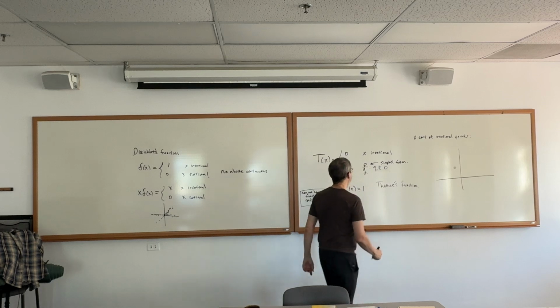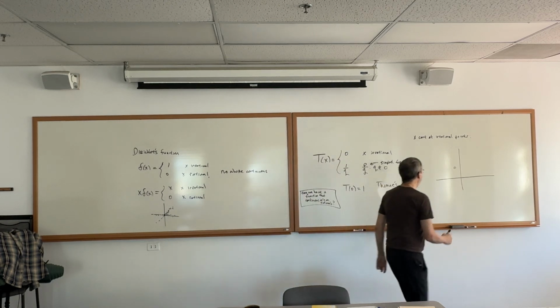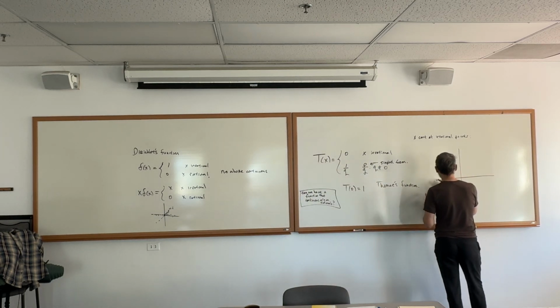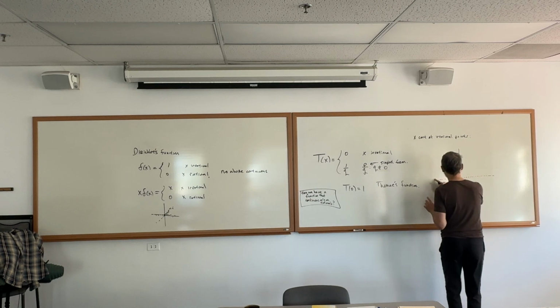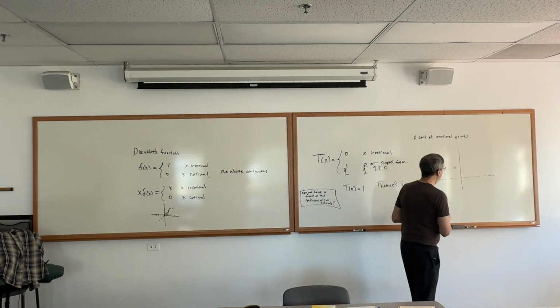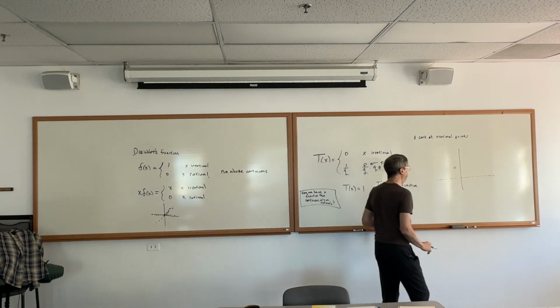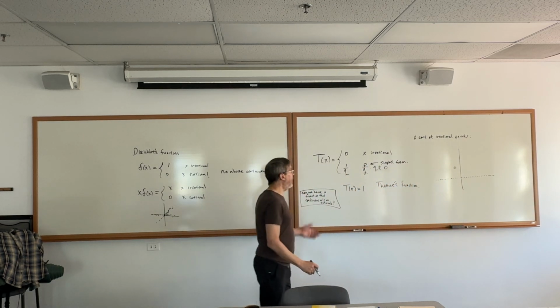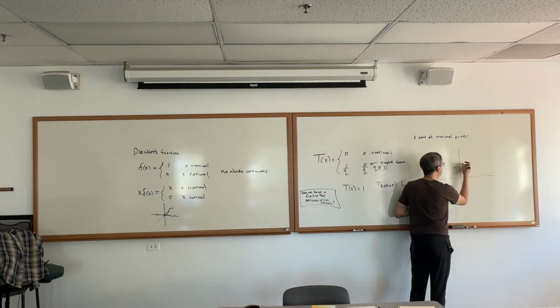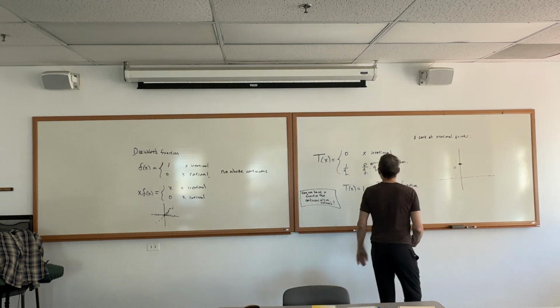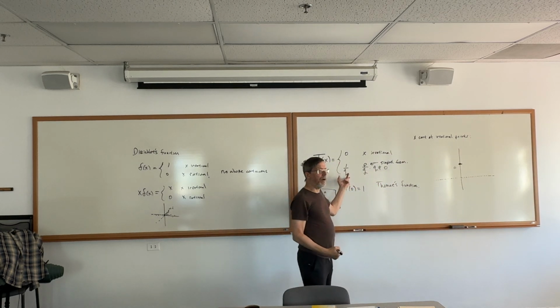That's why I called it T. So let's check this thing out. It's dead at every irrational point. These are all going to be, we can't draw that, of course, but we got a bunch of zeros, so I'm just going to scratch that thing up so it looks like I took out the irrationals. And then it's going to be 1 right at the origin. Okay, cool. Awesome. And then it looks pretty weird otherwise.